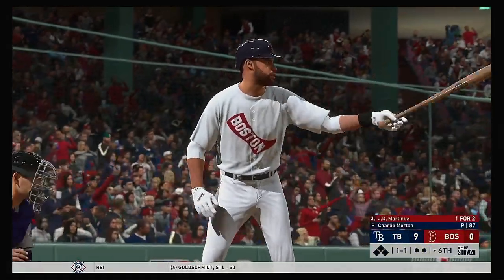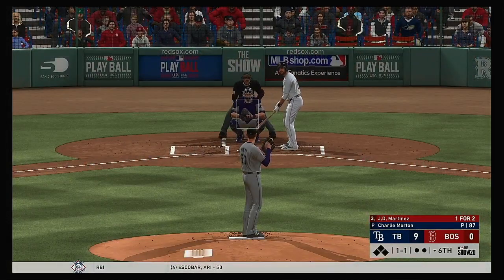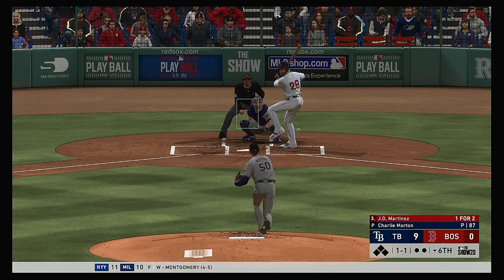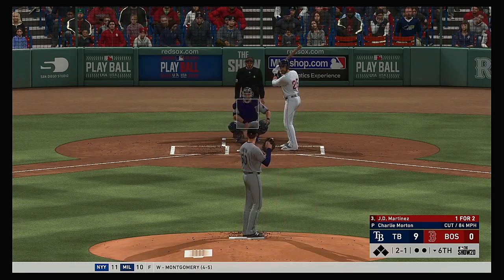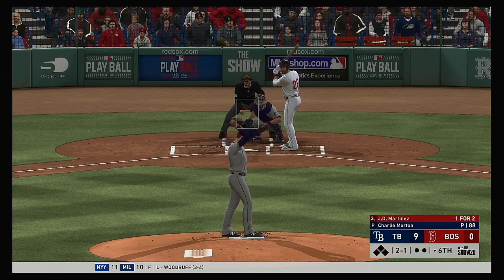Here's J.D. Martinez. He'll lead it off for the Red Sox here in their half of the 6th. The 1-1. Hasn't seen a heater yet in this at-bat. One might be coming right here. Now the 2-1